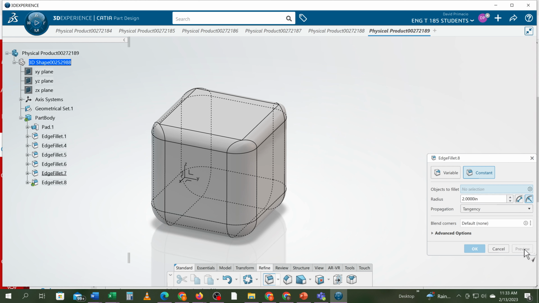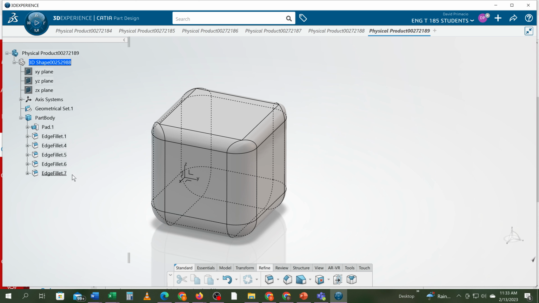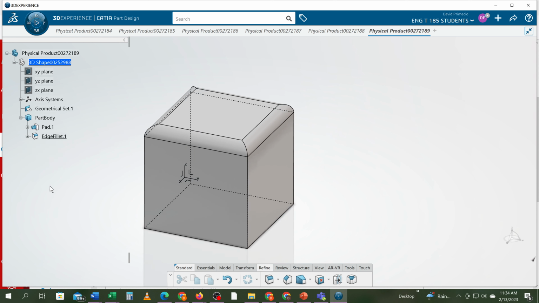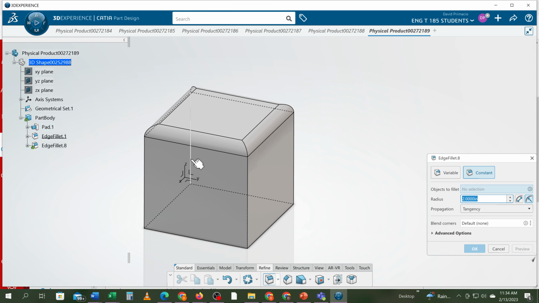Okay? So the reason why people are told to do them all one at a time is because if I want to remove one, it won't affect the others. Which is true. I can remove one at a time and it doesn't affect the others. But if I went to fillet and grabbed all four at once,